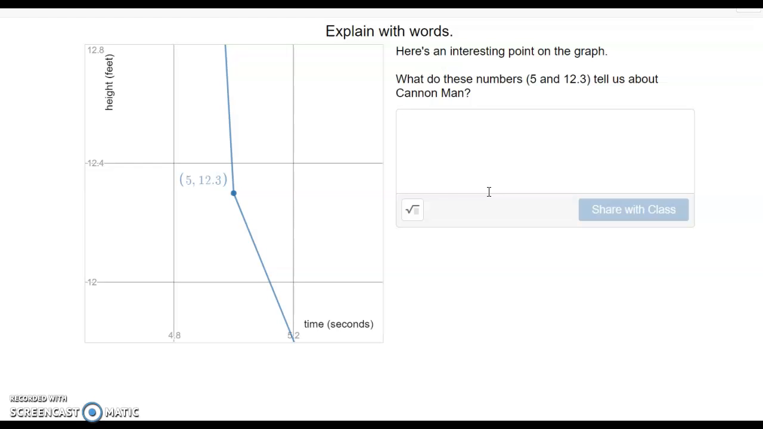We're going to explain what it means in words. There is an interesting point on this graph right here. What do you think the numbers 5 and 12.3 tell us about the Cannon Man? So I know that my x-axis says time in seconds, and my y-axis says height in feet. So I know that the number 5 tells me